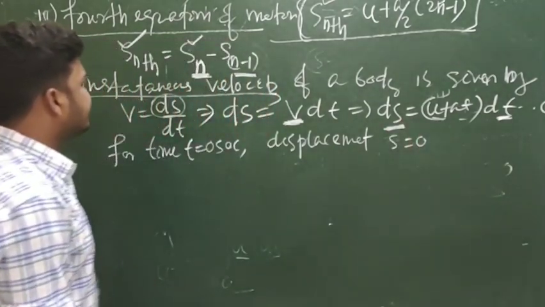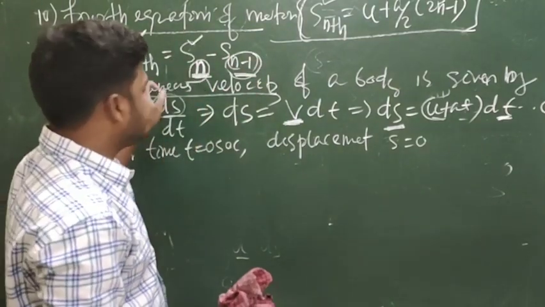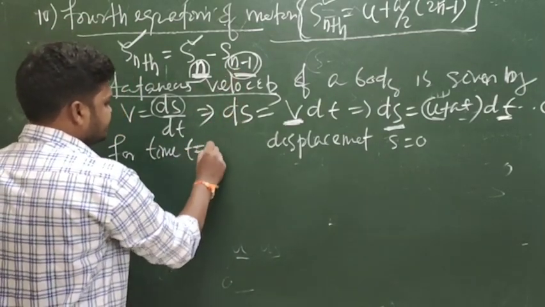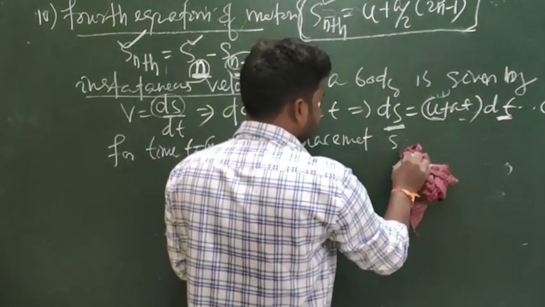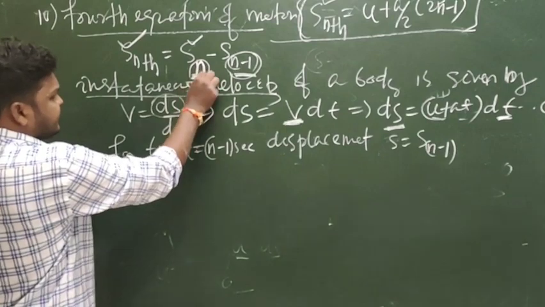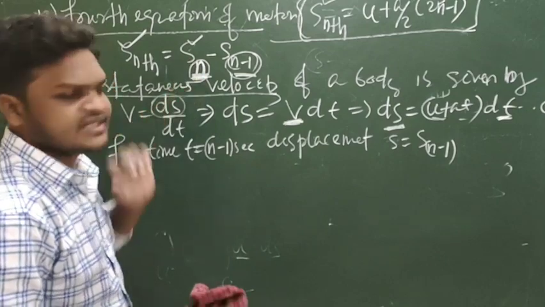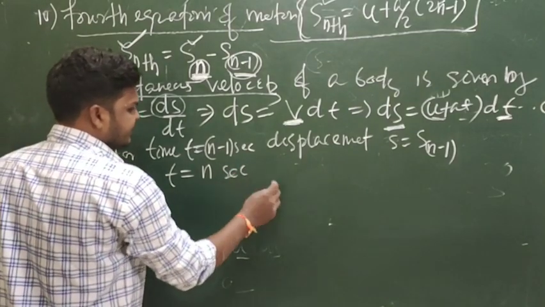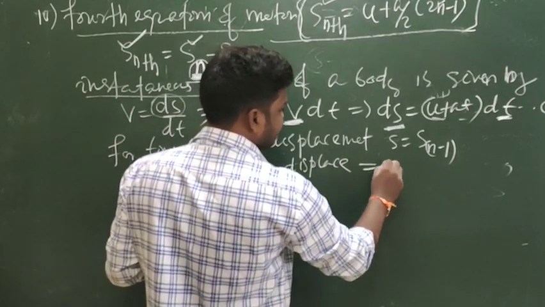But in this case we use two limits for displacement, then we get s_nth. That means the lower limit is n minus 1, so time is equal to n minus 1 second for the lower limit, so displacement is equal to s_(n-1). Then the final time is n, and at final time n the body covers distance or displacement s_n, so the final time limit t is equal to n second, and in this case displacement is s is equal to